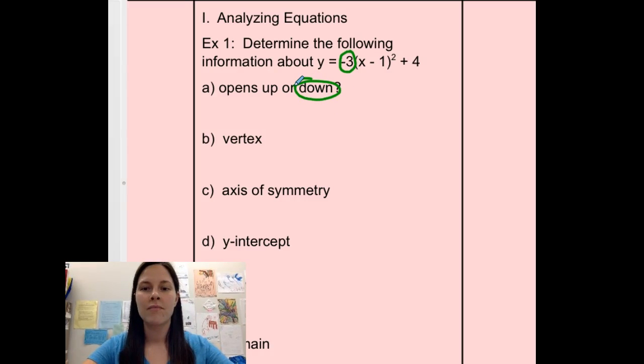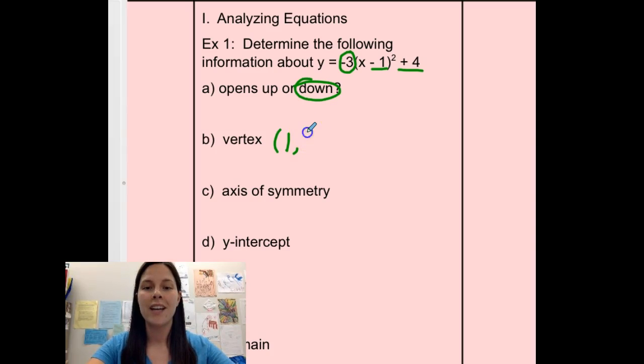open down. The vertex, remember, we get the x-coordinate of the vertex from inside the parentheses grouped with the x, and we make it opposite, and then we get the y-coordinate of the vertex from the number outside the equation, and it stays normal. Axis of symmetry. This is the vertical line that the parabola gets flipped across, and it's x equals the x-coordinate